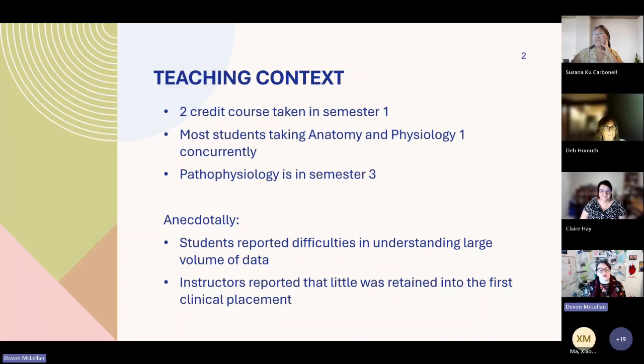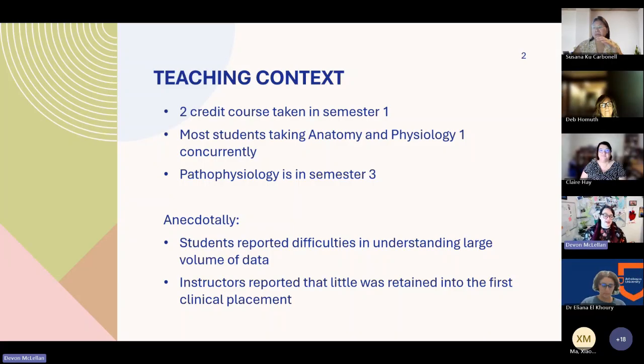Some students who have completed their first and second clinical rotations told me that not a whole lot of information was retained from this class into the clinical setting. During our semester meetings, my colleagues who teach clinical in semester 2 reported the same, unsurprisingly. The biggest struggle they mentioned was applying that knowledge to specific patient settings.